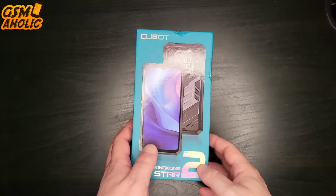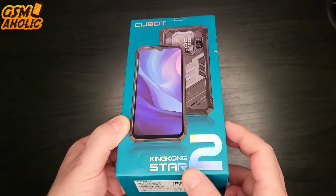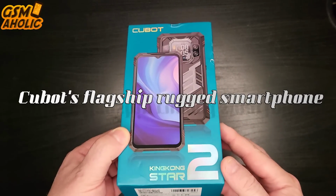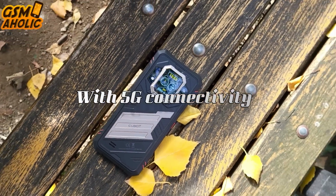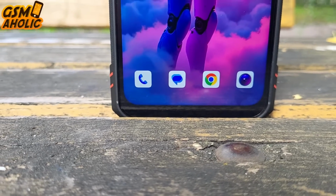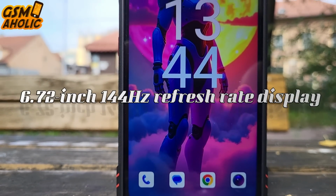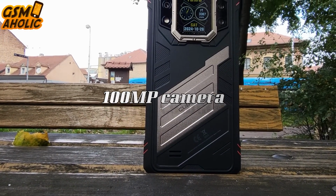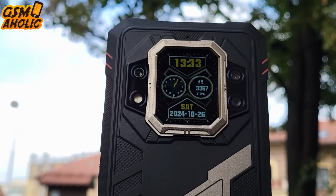So guys, Cubot's new KingKong Star 2 is definitely one of the most interesting and long-awaited rugged phones in the world right now. It is all about the Cubot flagship rugged smartphone that brings ultimate power and protection with 5G connectivity, a thin and ultra slim design in the world of rugged phones, featuring a luxurious 6.72-inch 144Hz refresh rate display. 100 megapixel camera, offers even two screens with a smaller one on the back,